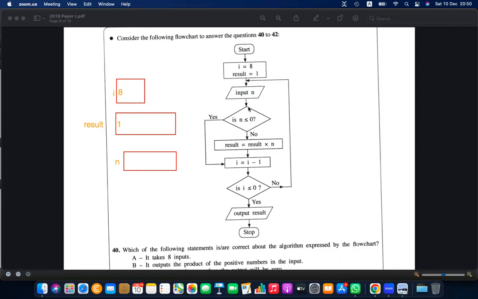Input n is unknown, right? N is unknown, but you are checking whether n is less than or equal to 0. So if it is negative,